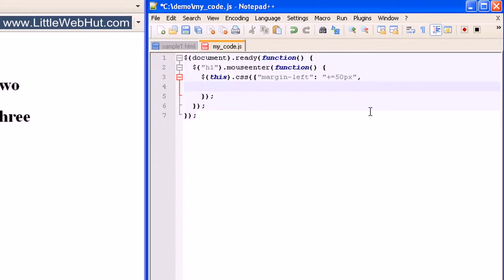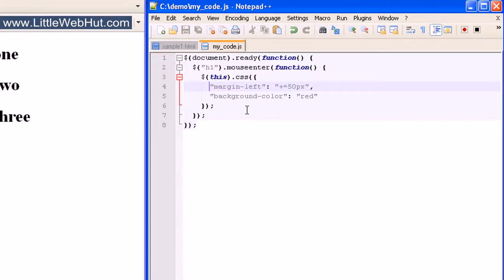And then I'll enclose the property name in quotation marks, and I'm going to use background color. And then I add a colon outside of the quotation marks, and then I'll enclose the value red inside of quotation marks. And when this is the last property value, you don't need to follow it with a comma. And then to make this easier to read, I'm going to come up here right before the first property value and hit the Enter key,